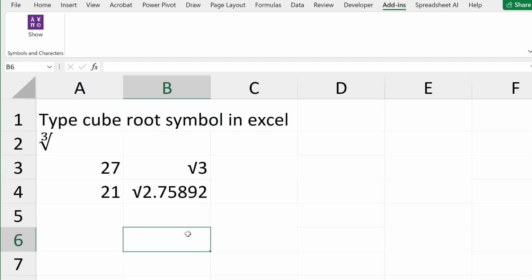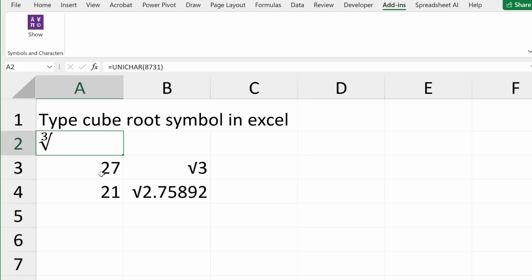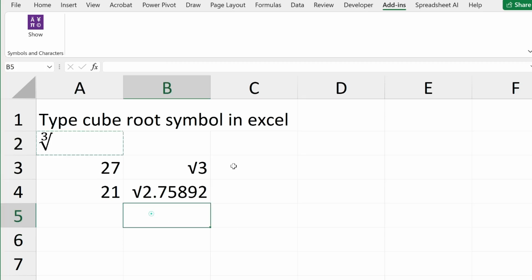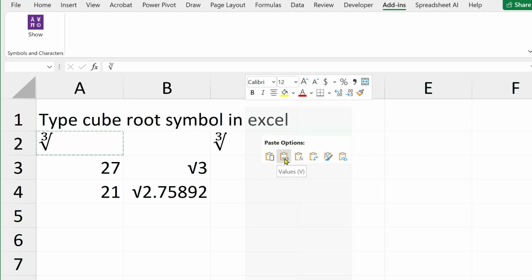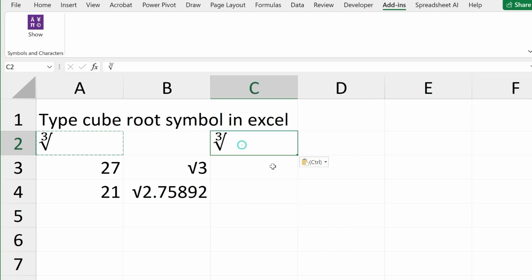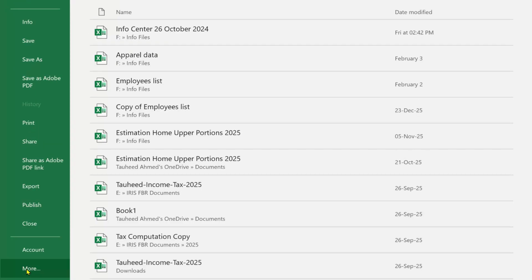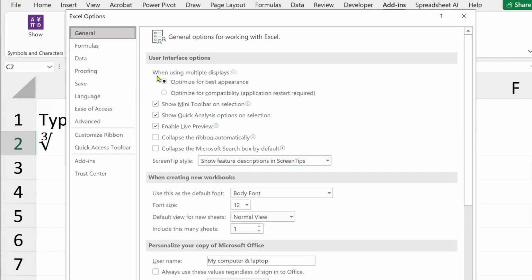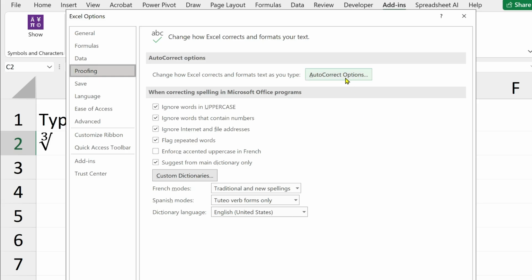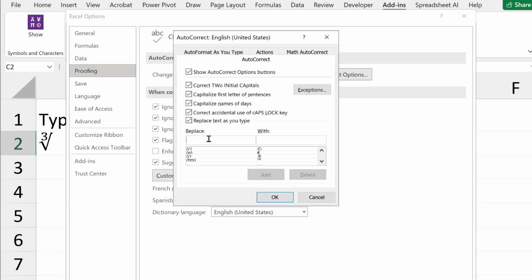So copy this symbol and right click, go to the paste special and value, and now again copy it, and now head to the file, go to the more, click on the options and go to the proofing and go to the autocorrect option, and in the replace box type a shortcut, for example backslash cube root, and in the with box